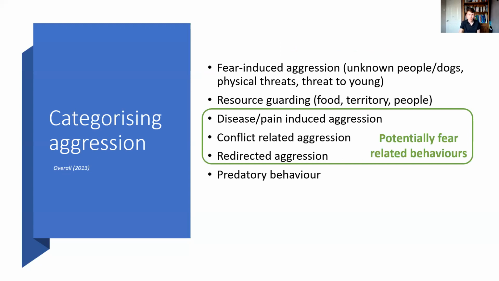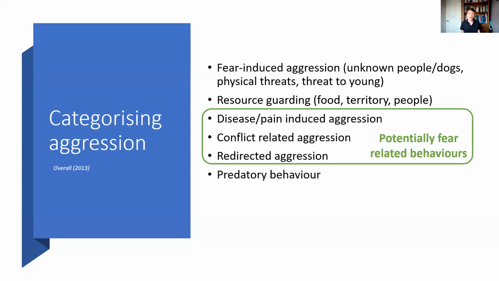And the final category of aggression, which we're not really going to go too much into today, and which generally doesn't cause any problems except in very, very rare cases, is predatory aggression, which is when you might see a dog chasing things like squirrels or any sort of prey animal, and that's a very, very normal behaviour for the dog. It's not abnormal in the sense that all the previous ones are, which you hopefully don't want to see in your dog.